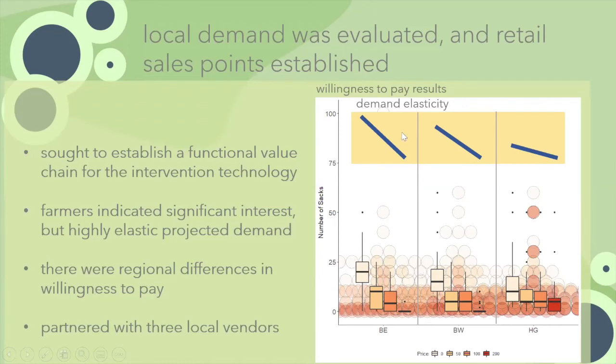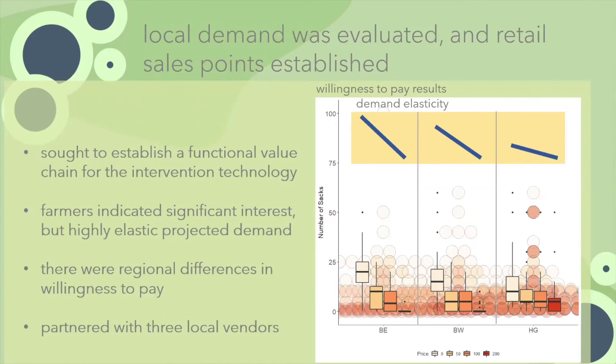But interestingly, the trends were quite locality specific. In Bangarmao, we saw a very elastic demand, where at the highest price point, virtually no farmers were interested in buying the bags. But in Hasanganj, the demand was much more inelastic, meaning that they valued the technology more and were interested in buying it even at the highest price point. And I suspect this is because of the relative importance of wheat as a source of household income in Hasanganj relative to Bangarmao. And so ultimately, we partnered with 3 local vendors in the marketplace and established retail sales points